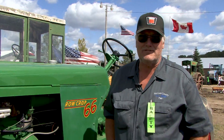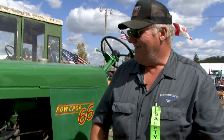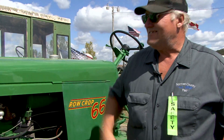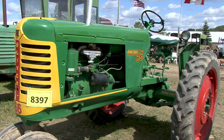My name is Dean Hansen and I'm from Ada, Minnesota. This is my dad's old tractor, and he bought it new. A lot of history. A lot of family history. So every time I talk about it, I get a little emotional. Sorry, but